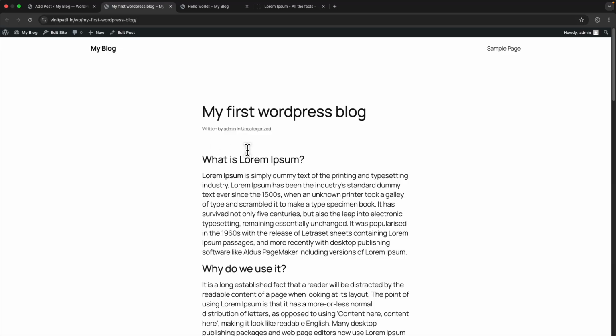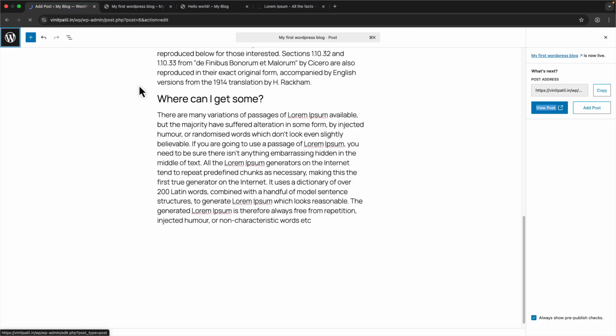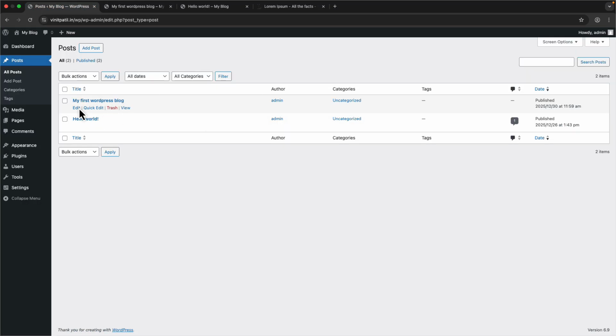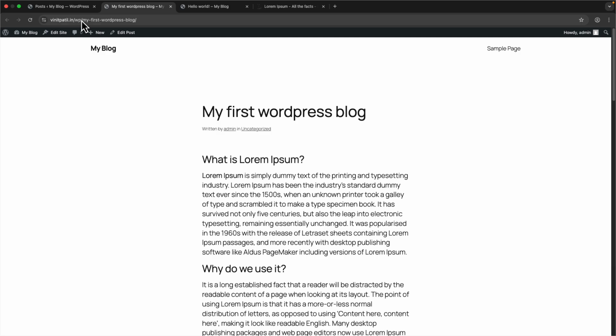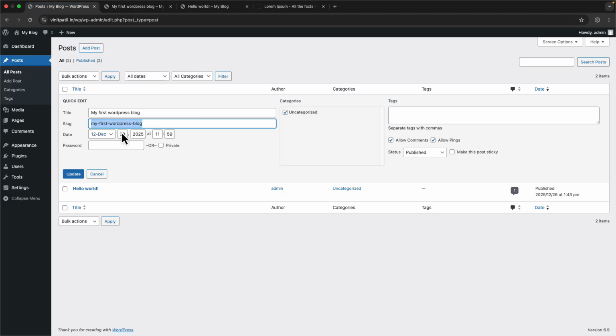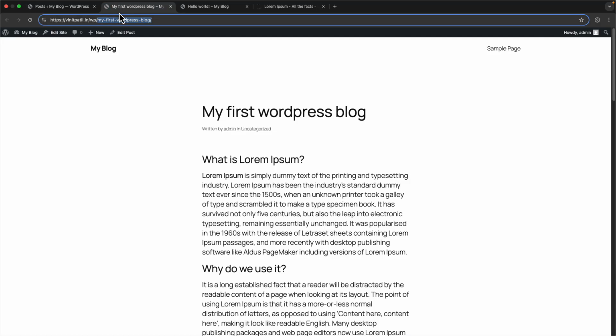For now we can change the overall look, but as this is just the basics of the WordPress admin dashboard, I won't go in depth. So we can manage it, and we can also do some changes in quick edit. We can change the title, we can change the URL which we have over here. We can change the time of the post, and we can add categories and update those. We can also change the status to draft or something if you don't want to make it live for